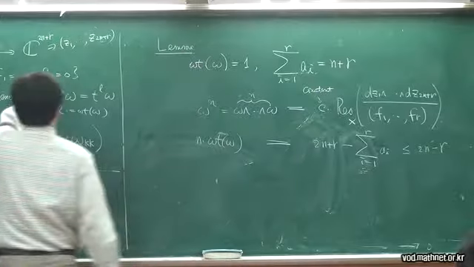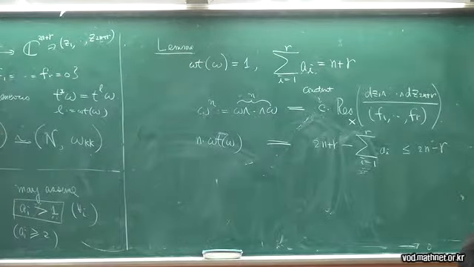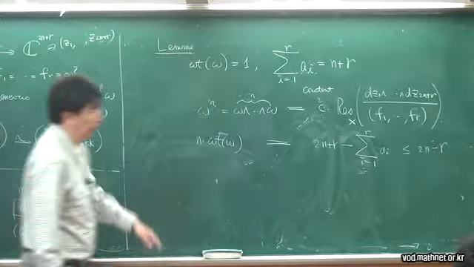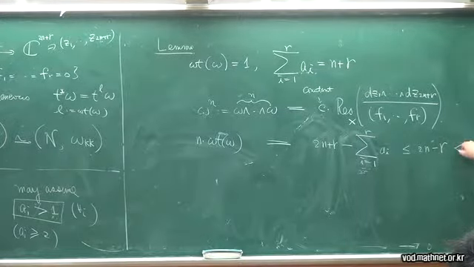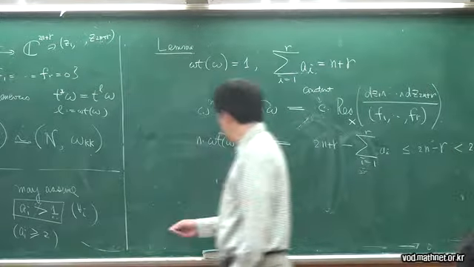But r should be strictly positive, then it becomes less than 2n. Yes. And on the other hand,